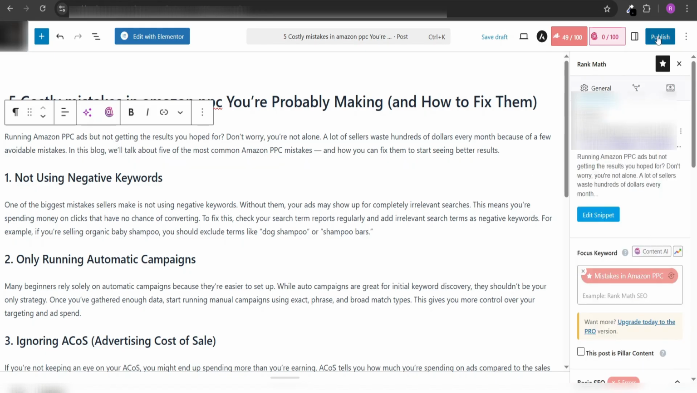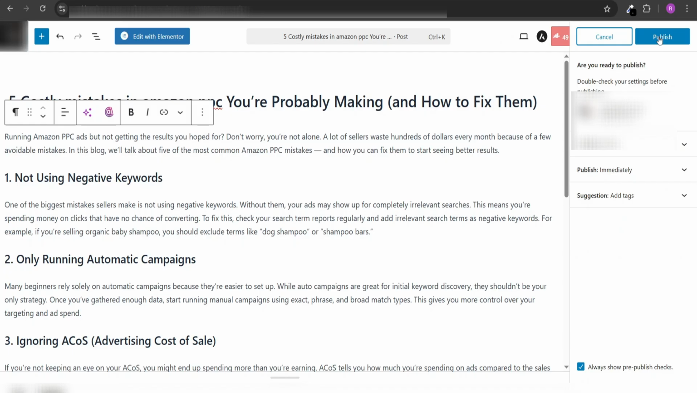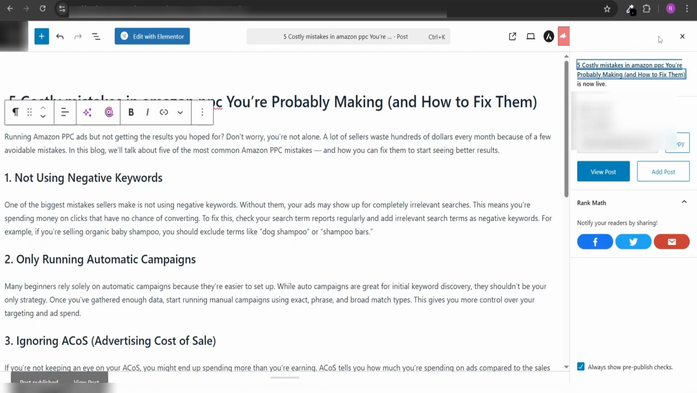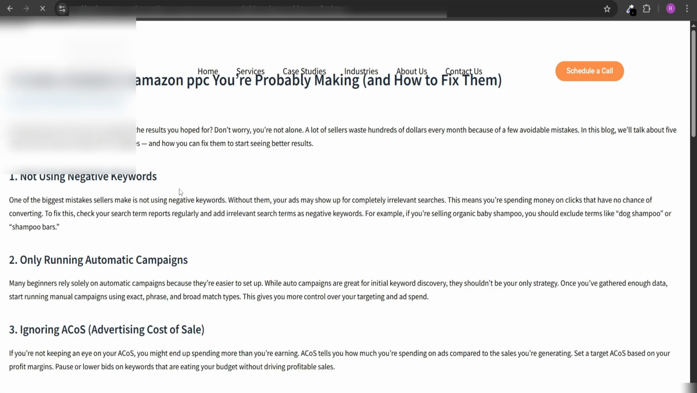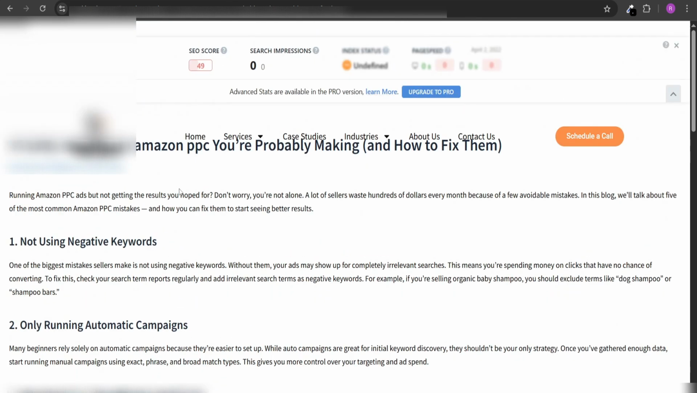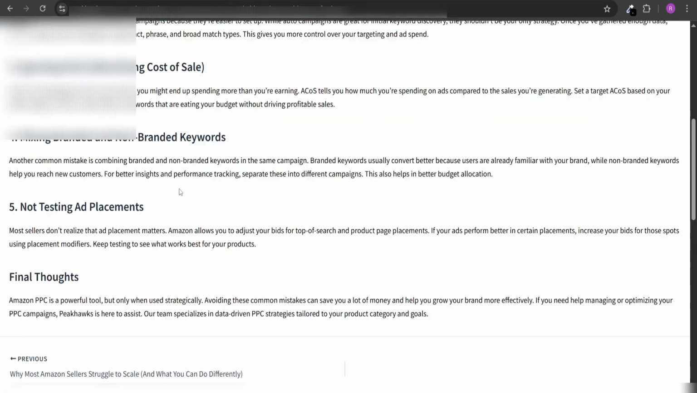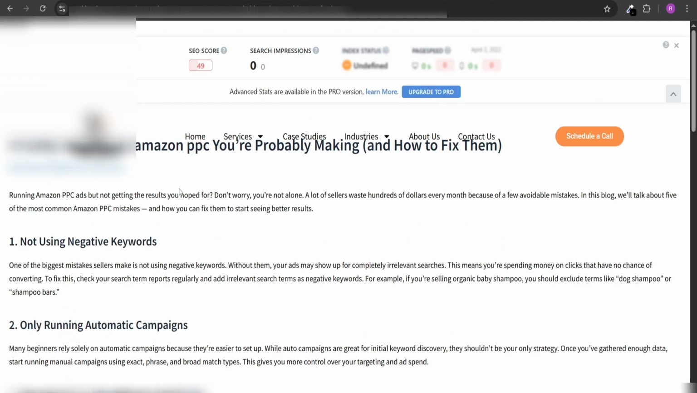After that, you can simply click on Publish and then click on Publish again, and your article is published. Let's click on View Post and see what we have got here. Okay, so we haven't got it looking good,